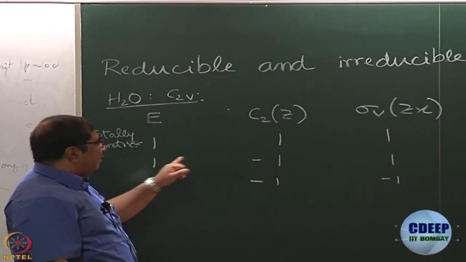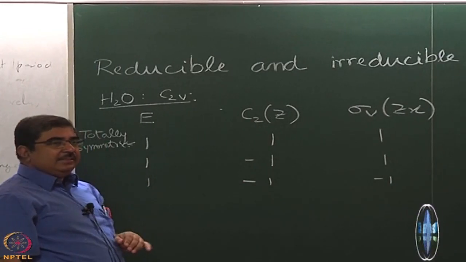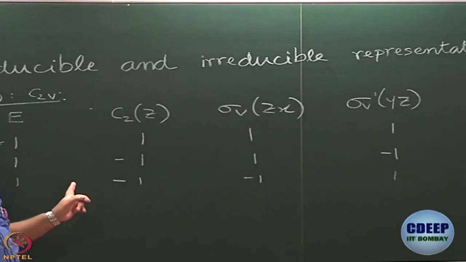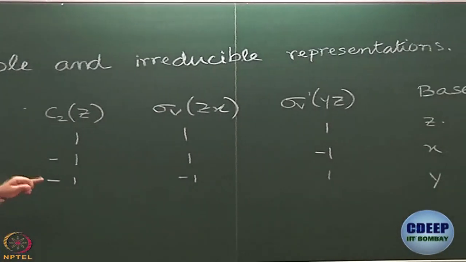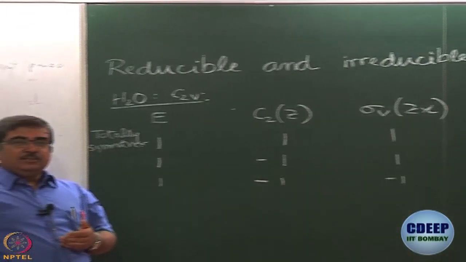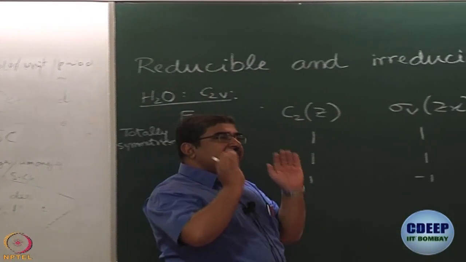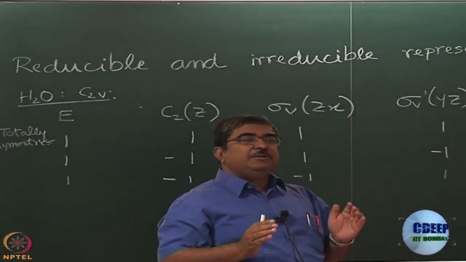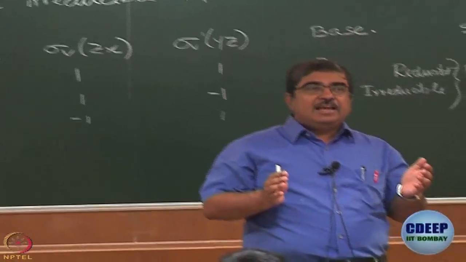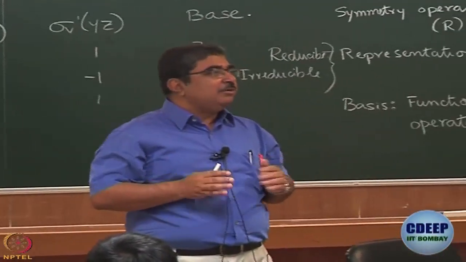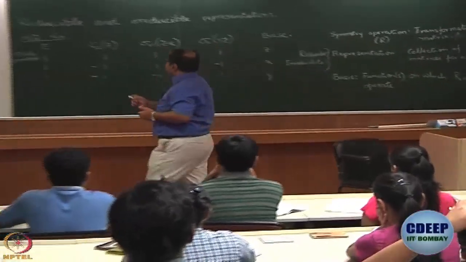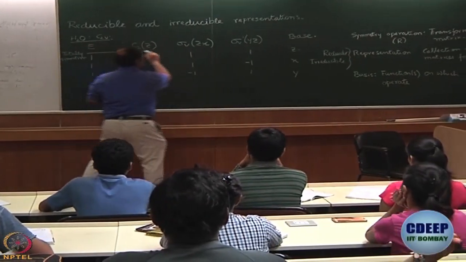In this case 1 minus 1 1 minus 1, that is another representation. X forms the basis of it. 1 minus 1 minus 1 1 is another representation for which y is the basis. So, what we did is we took this reducible representation that we got using x, y, z all together as the basis, and we could break it down or we could reduce it into 3 different representations. Now, what I am saying is this is a representation